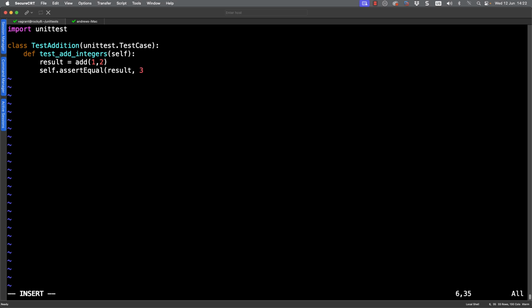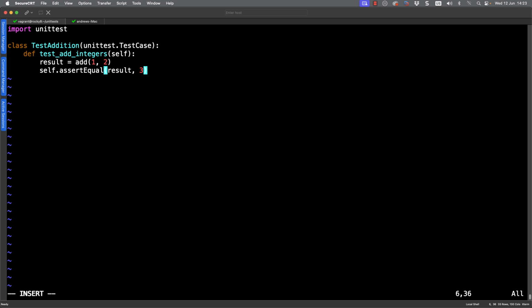So working on the object itself, running the method assert equal, which will come from the template test case, we're going to make sure the result is equal to 3 if we're adding 1 and 2 together. So that's our test. Now, of course, it's not going to run at the moment. There's a little bit more code we must put in, and we haven't actually created the code itself. So that's the next step that we need to look at.